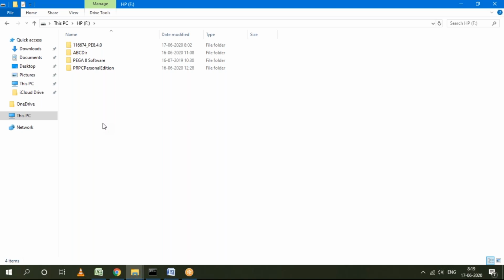And if anybody wants to install on a Mac operating system, once again we have to install a VMware Windows image, and under the Windows image we can do the same configuration. For that I will be sharing some reference links on how to configure VMware and set up the Windows image. Up to the Windows image I will share the links. The remaining process is the same. If you want to install Pega, I'll be sharing this document and video. Again, the process is the same. So this is the installation process, guys.